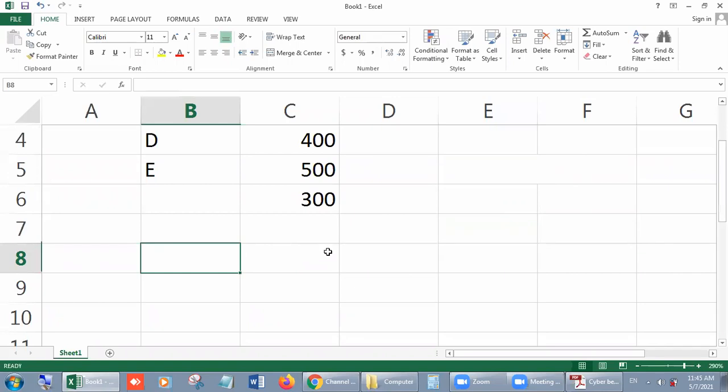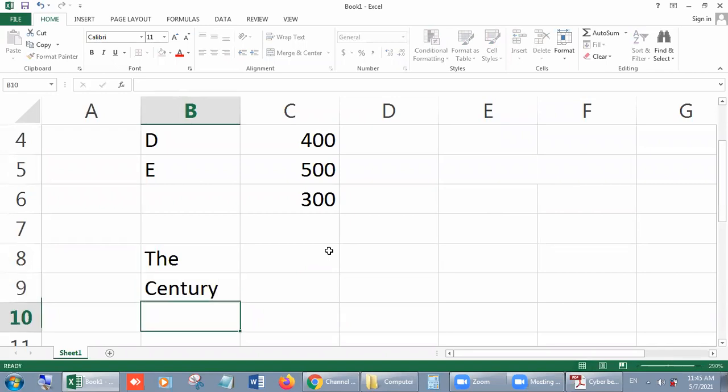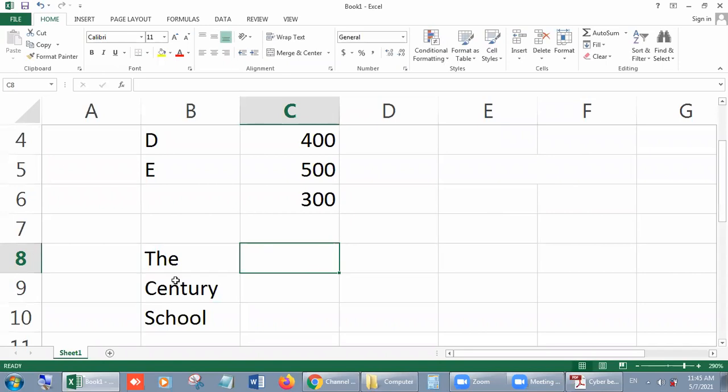Okay, so suppose here I write the, and in next century, and in next school, right? And I want to add them in this cell. तो क्या करना होगा? वही इक्वल टू साइन, फिर यहां पे आ गया, सिलेक्ट किया और एंड साइन लगा दिया आपने. एंड साइन ये कहां से आता है?